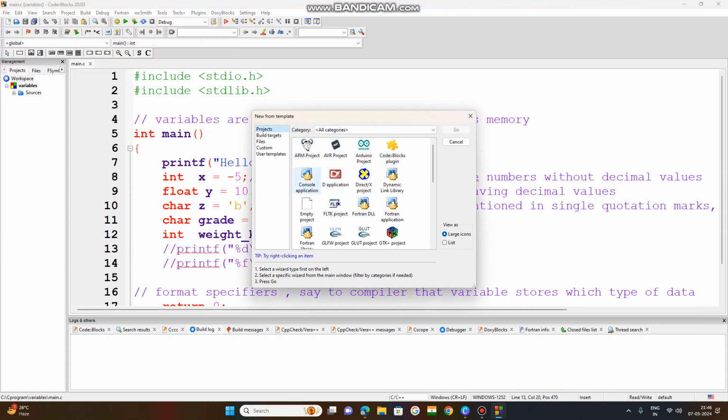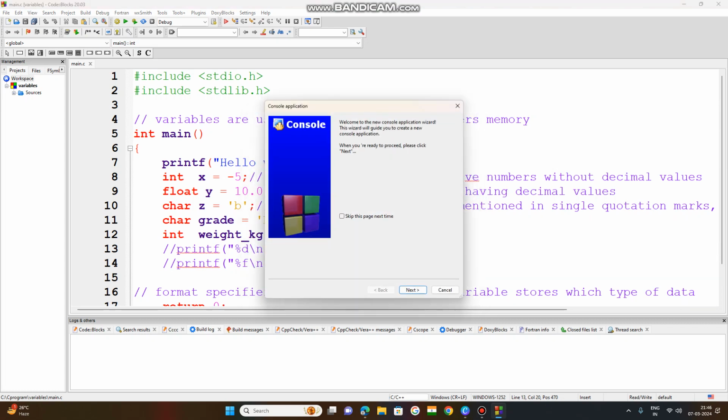Project, console, and click next. C language. Here give a project name, list of array size. Okay, array size, array size. Okay, then next,